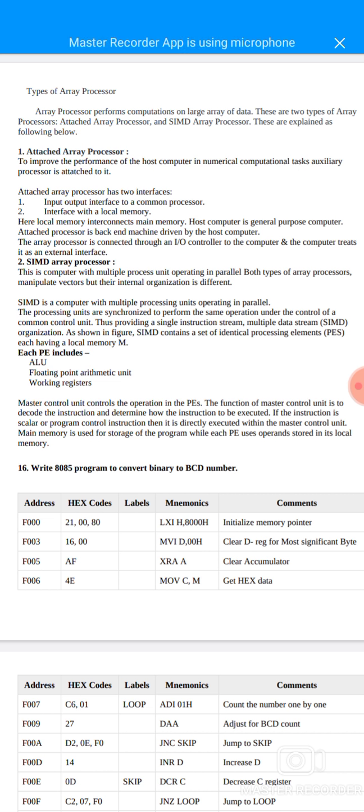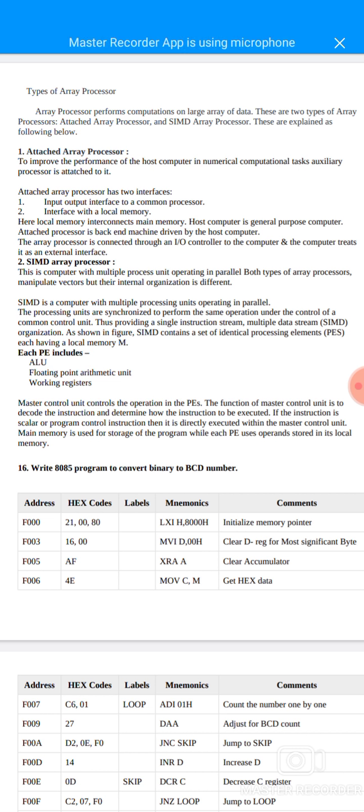Interrupts can be classified into various categories based on different parameters. First one is hardware and software interrupts. When the microprocessor receives interrupt signals through the hardware pins of the microprocessor, they are known as hardware interrupts. There are 5 hardware interrupts in the 8085 microprocessor. They are INTR, RST 7.5, 6.5, 5.5 and TRAP.